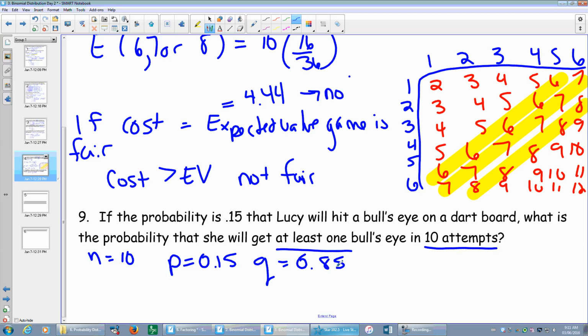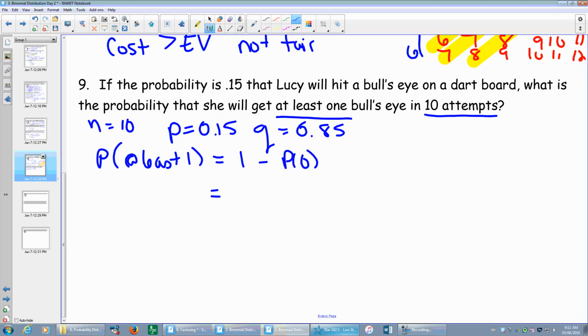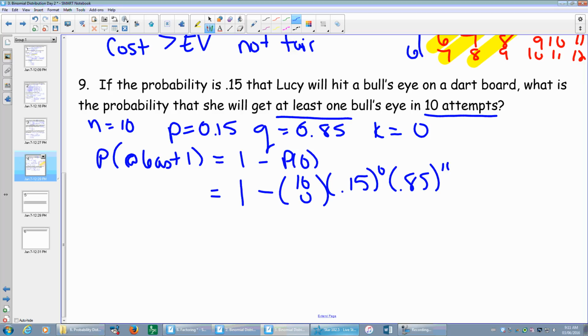Good. Now again, because this is an at least question, it becomes the probability of at least 1 equals 1 minus the probability of 0. And when I do that, I'm going to look specifically here, k is equal to 0. So Billy, what will I write here? 1 minus what? Okay, which gives you a final answer of